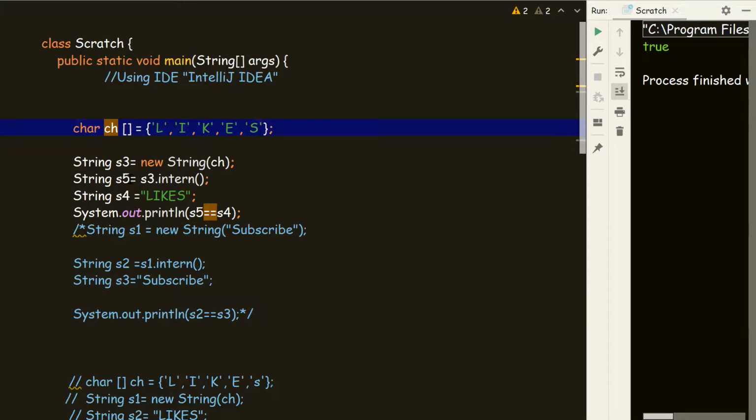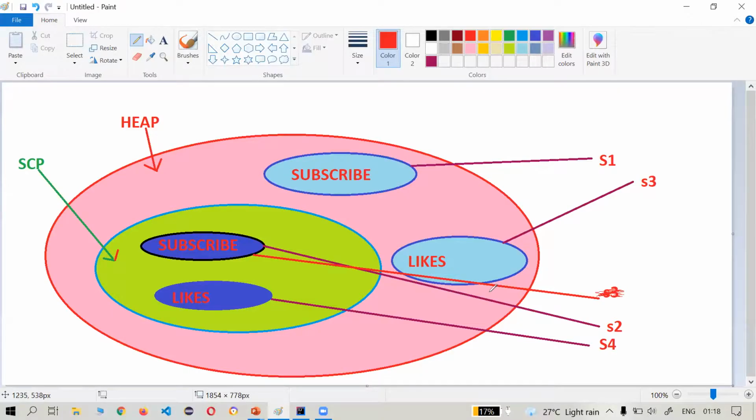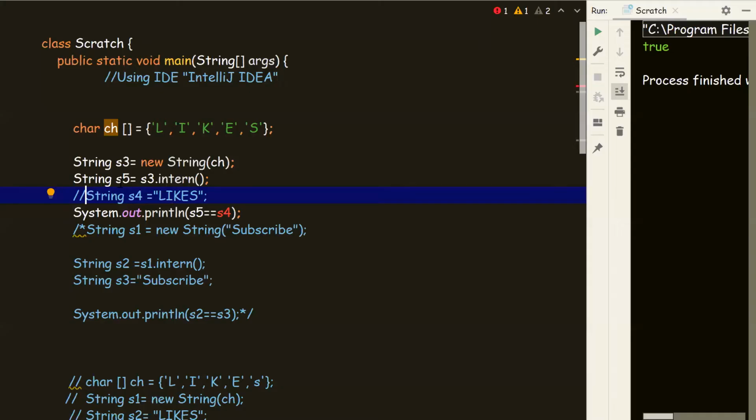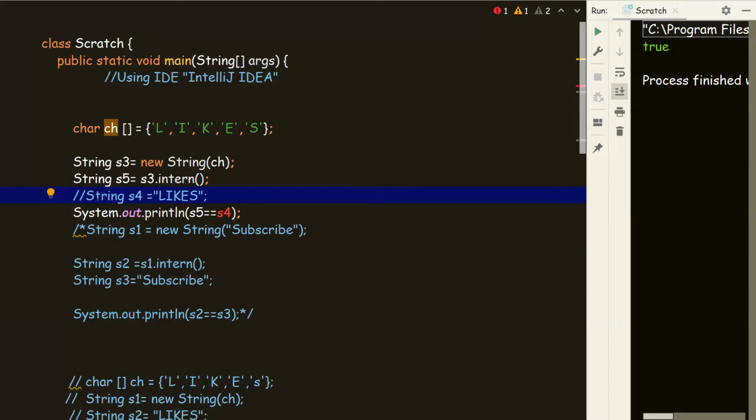So what happened over here? We have created an exact copy of "likes" in the SCP area. Just by doing this, we created an exact copy of the "likes" object in the SCP area. What I mean here is we have created this s5. This s4 is not present till now, as I have commented it.